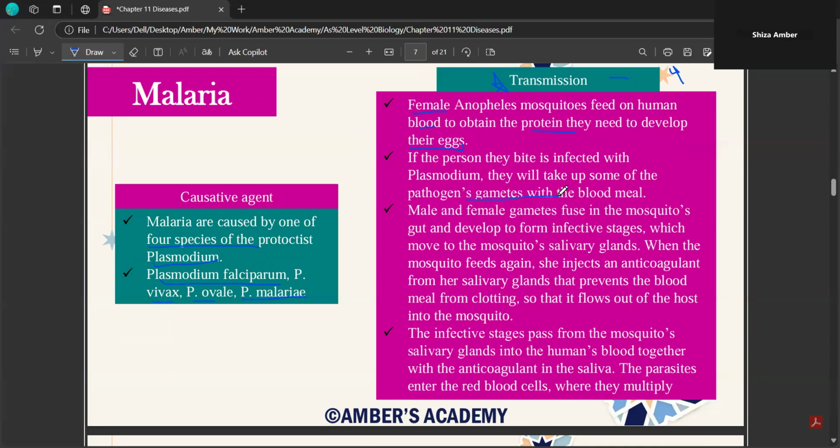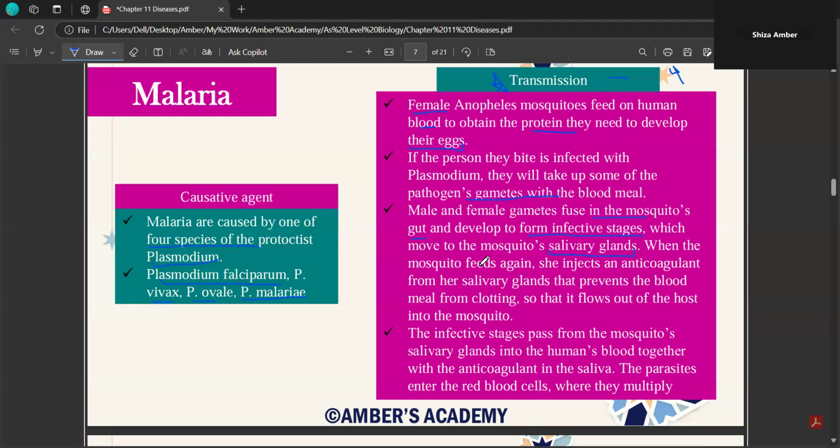So if, for example, whomsoever she fed on is infected with Plasmodium, the Plasmodium will be sucked up with the blood. Then it will be sucked up into this female Anopheles. Then male and female gametes fuse in the mosquito's gut and develop to form infective stages, which move to the mosquito's